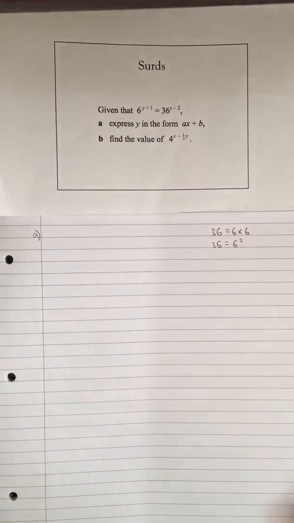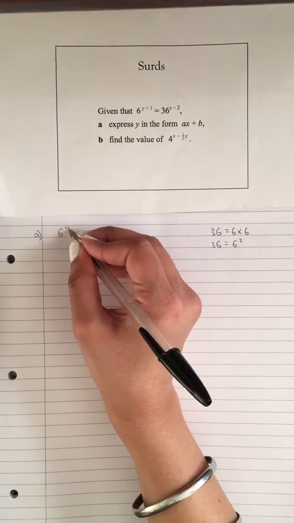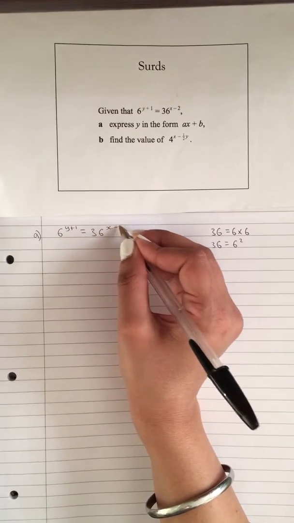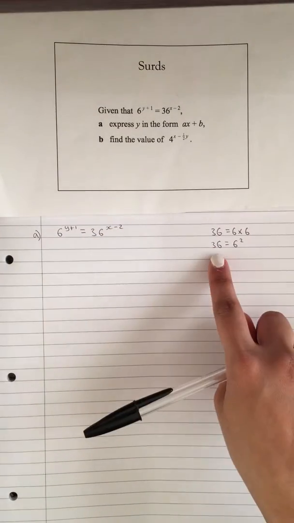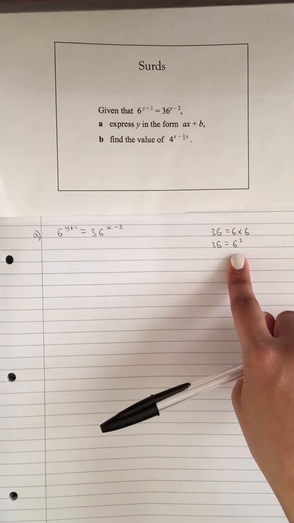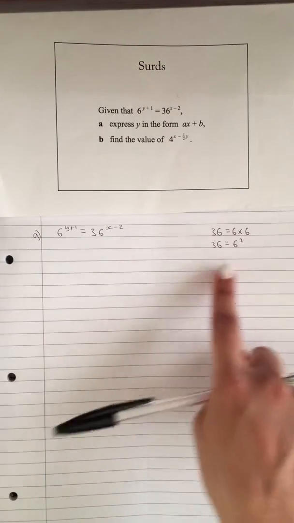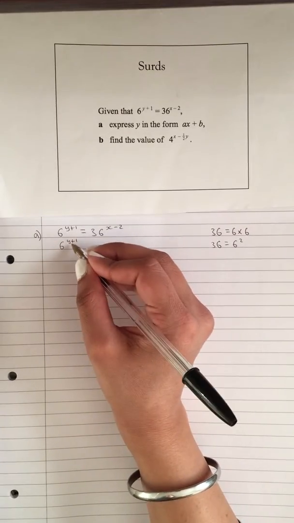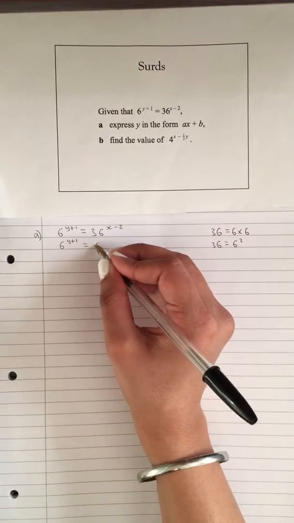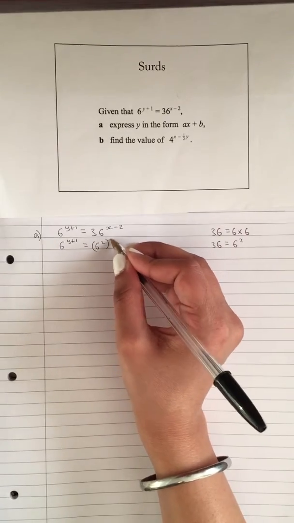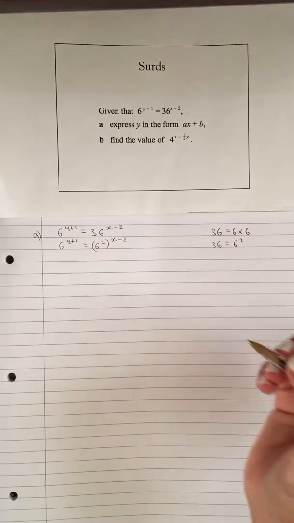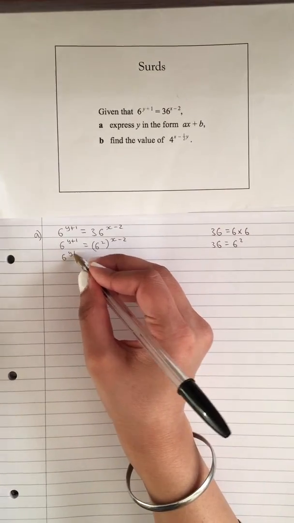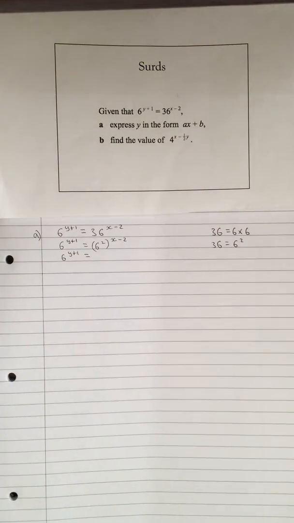So we can just write here 6 to the power of y plus 1 is equal to 36 to the power of x minus 2. So since we know 36 is equal to 6 squared, we can replace 36 by 6 squared. So 6 to the power of y plus 1 is equal to 6 squared in brackets to the power of x minus 2. So using our rule from before, we know